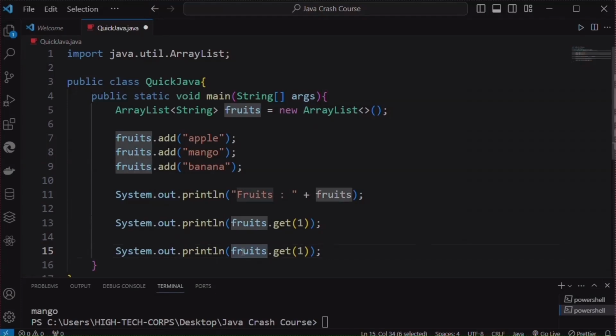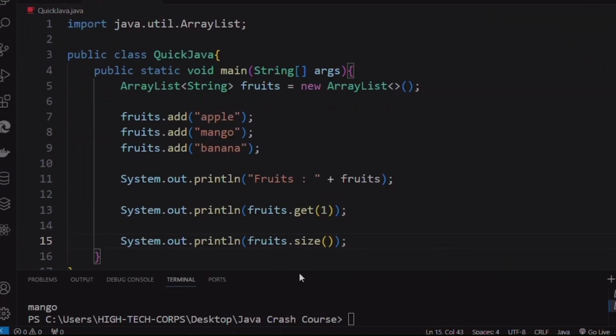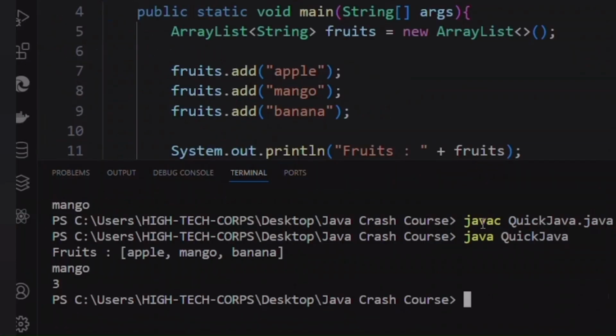So I will say fruits, which is the name of the array list, and then dot size. This is going to return the size of the array list, and it does not take any argument. So let's save this again, and we check the size. We are going to check for the size of our array list,